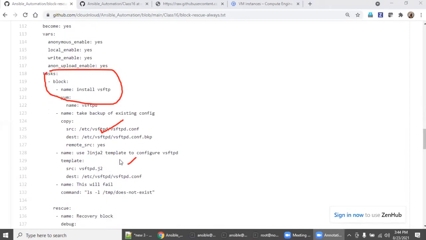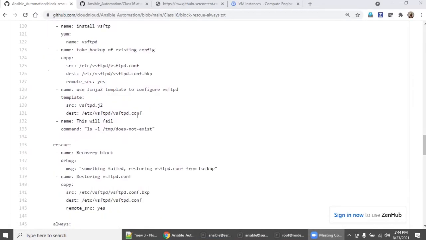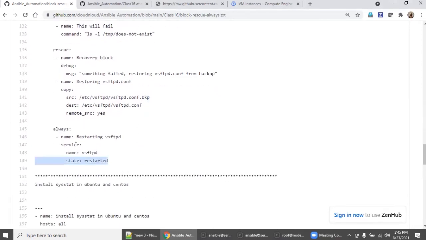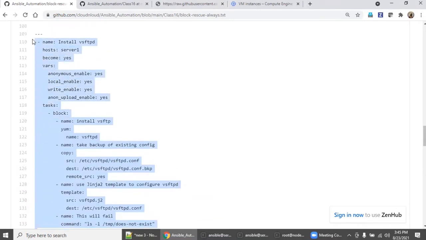we are using a Jinja2 template. We are replacing that configuration file, and then come down. There is a file that does not exist, and then automatically it is trying to roll back. We are printing some messages to make sure everyone understands what rollback is happening, right? And also there is a backup file which we took. The same backup file is getting rolled back, restored, and we are restarting it. So this is the simple agenda we are trying to execute as part of this lab.